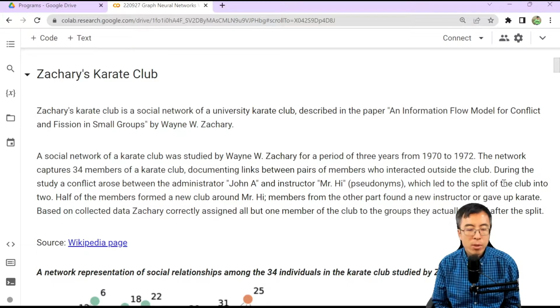The network captured 34 members of a karate club, documenting links between pairs of members who interacted outside the club. During the study, a conflict arose between the administrator, John A., and the instructor, Mr. Hai, which led to the split of the club into two. Half of the members formed a new club around Mr. Hai; members from the other part found a new instructor or gave up karate.